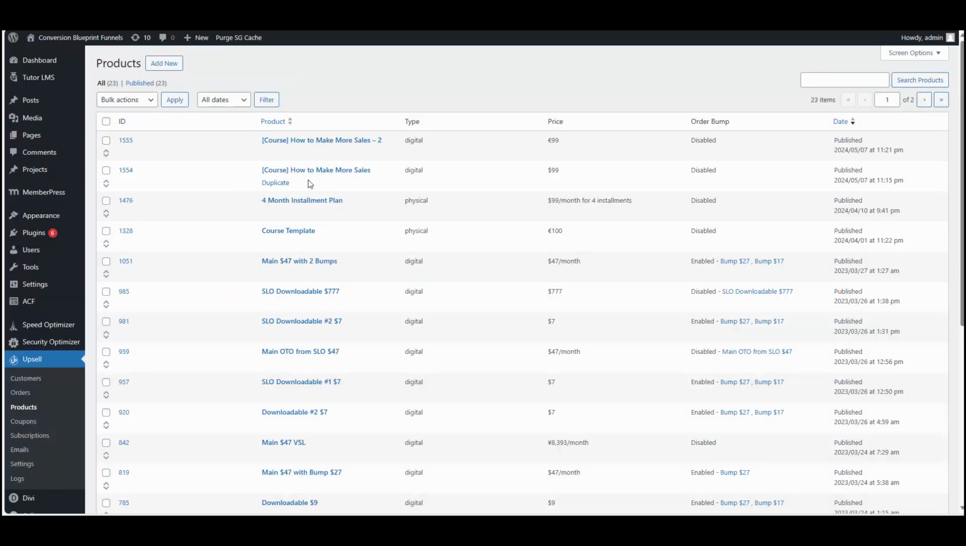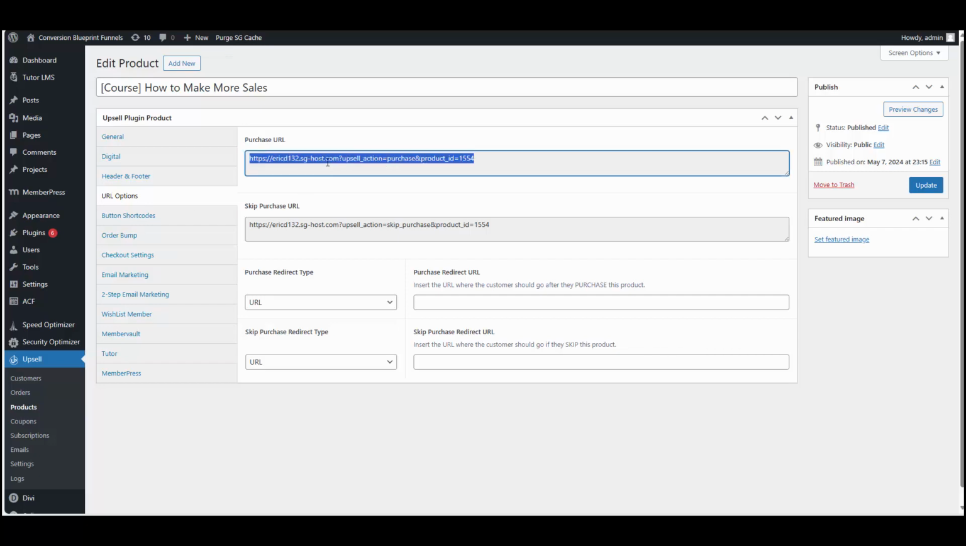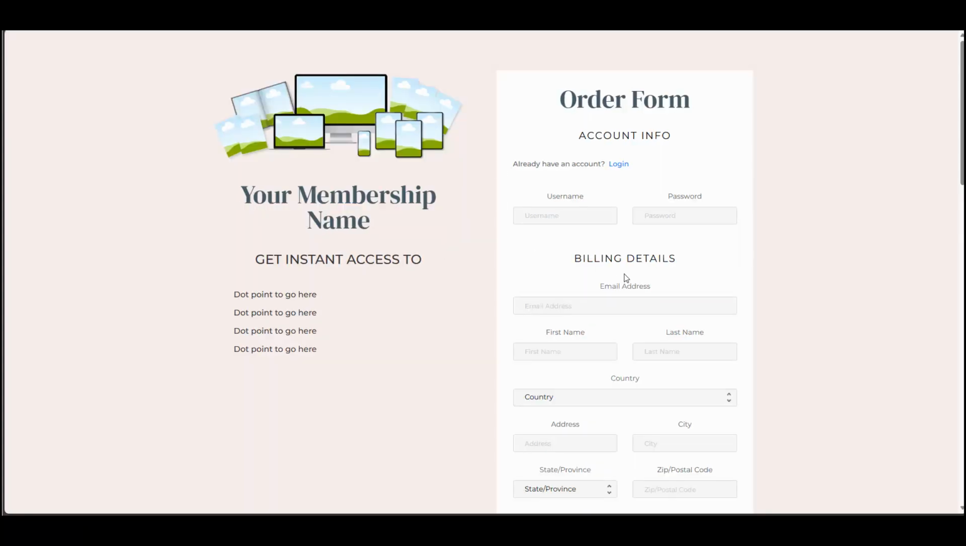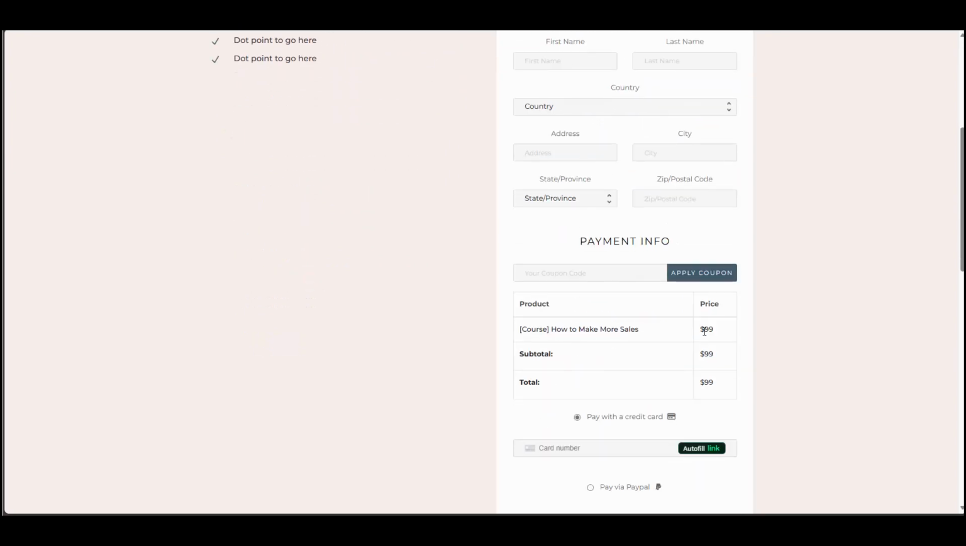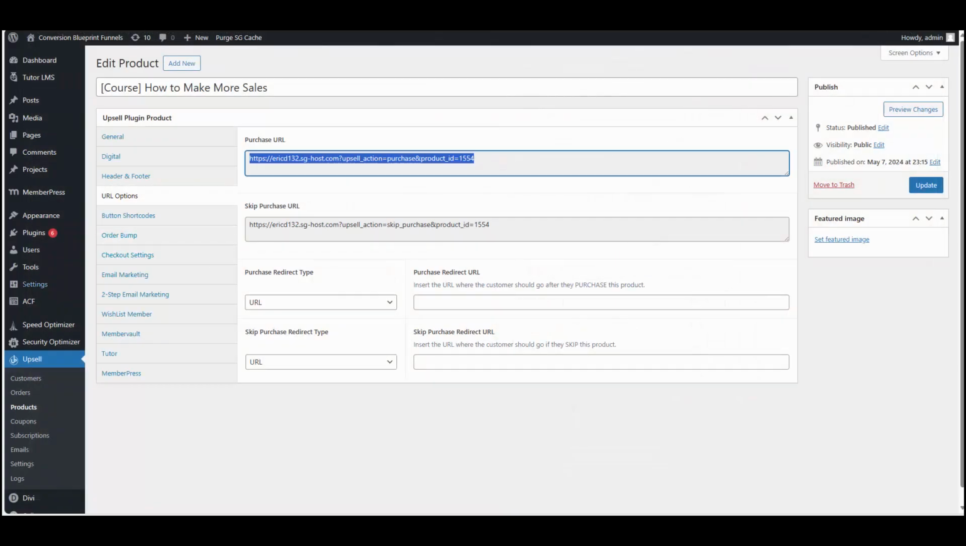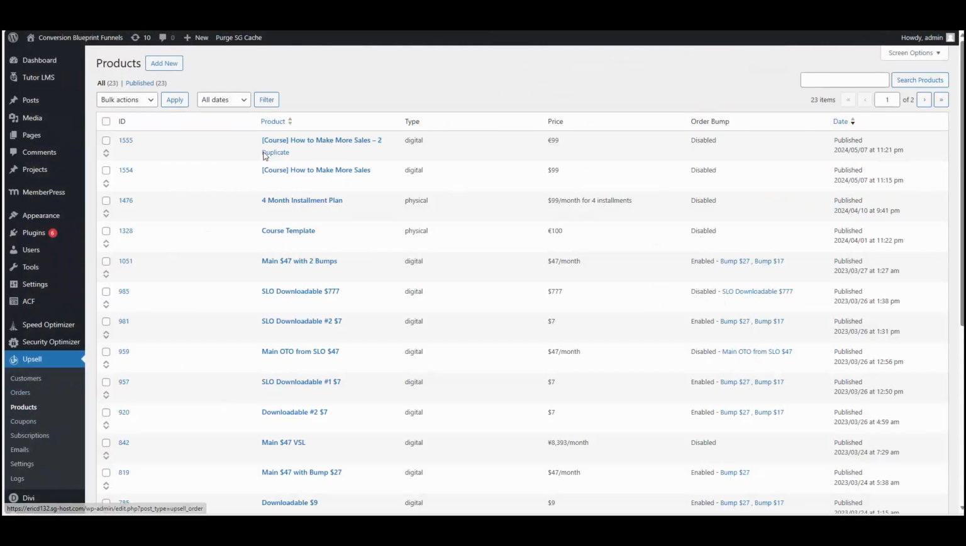So real quick, let's go back to our product. Our original one, which was $99 US dollars, let's go ahead and capture that purchase URL. We're going to open up a private tab. Let's paste it. And we'll see that if we come down to the order summary table, as you can see, it's $99. But if we go back to the new duplicate product that we created for euros, let's go ahead and go inside this product,